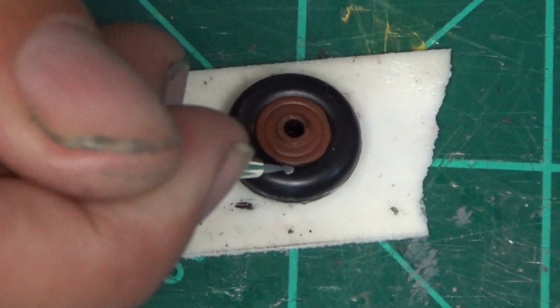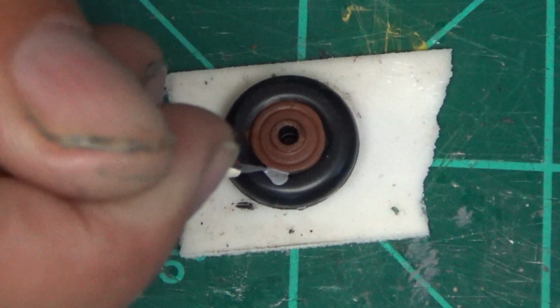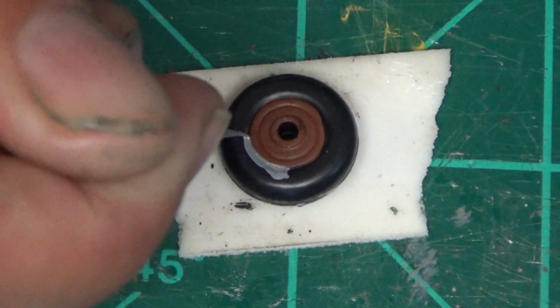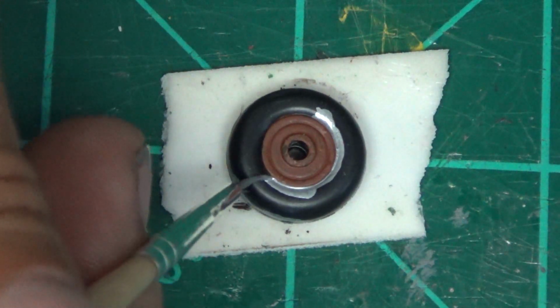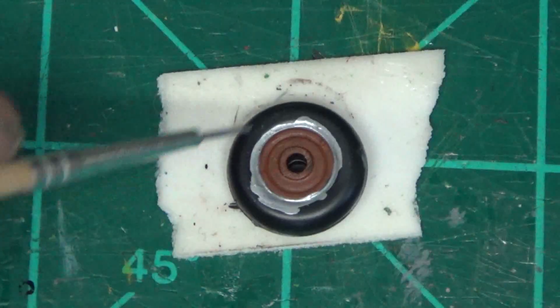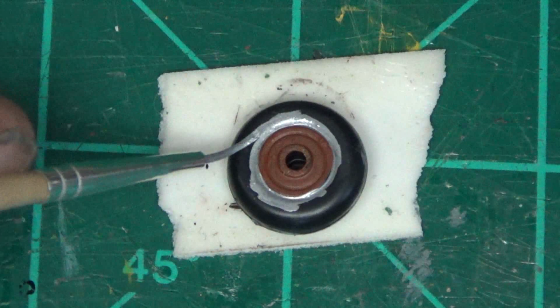Here's the back side of one of the wheels. Same process as the front. You go around this edge very carefully, all the way around the edge. It's more than 2/3 done. There it is, completed with the edge. Now just get the rest of it